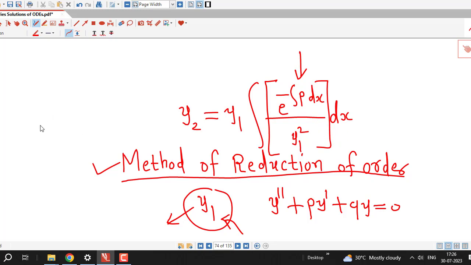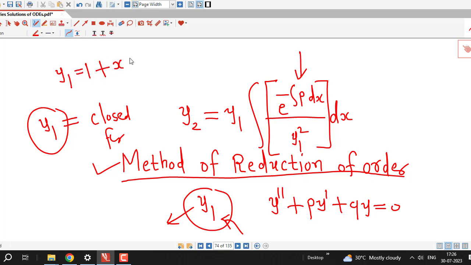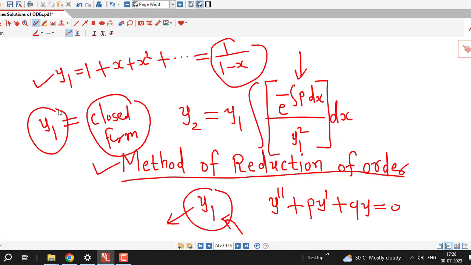And integrals will be easy if our solution y1 can be expressed in some closed form. For example, if our solution is in this form, say y equal to 1 plus x square and so on, then we know that this is the Maclaurin series of 1 over 1 minus x. So this 1 over 1 minus x is called closed form of this solution, and if it is possible to write one solution in closed form, then this integral will be easy to evaluate and we will be able to